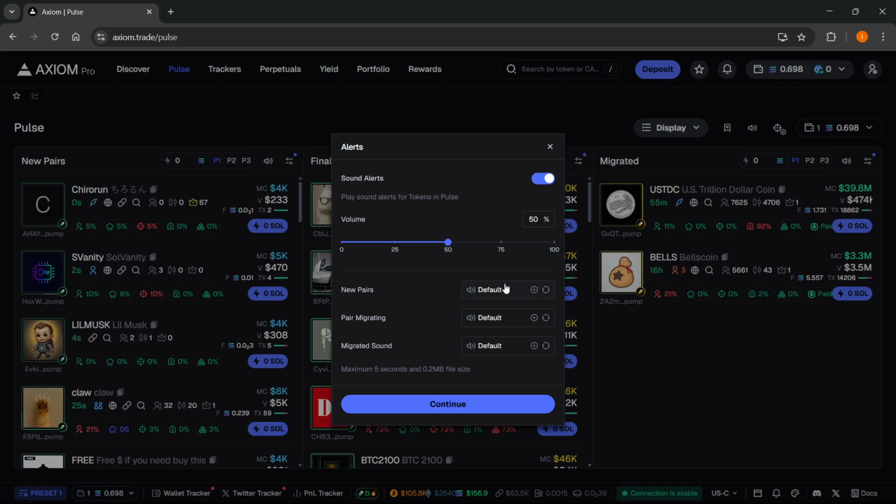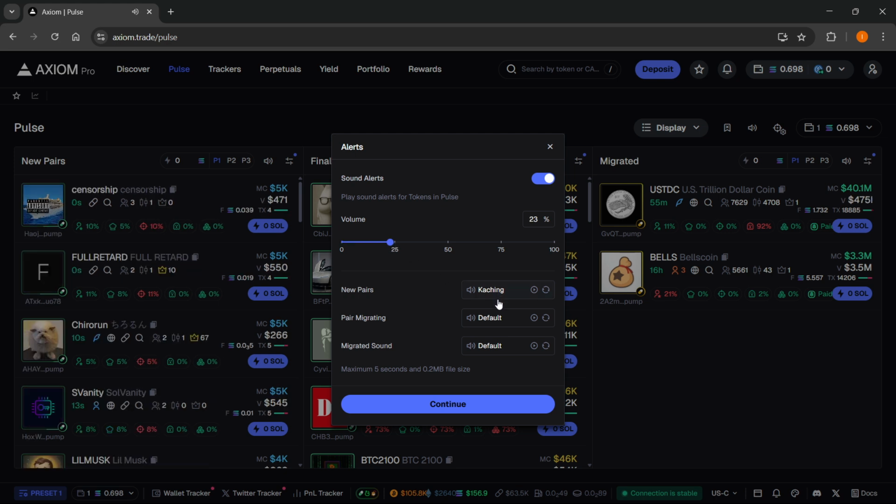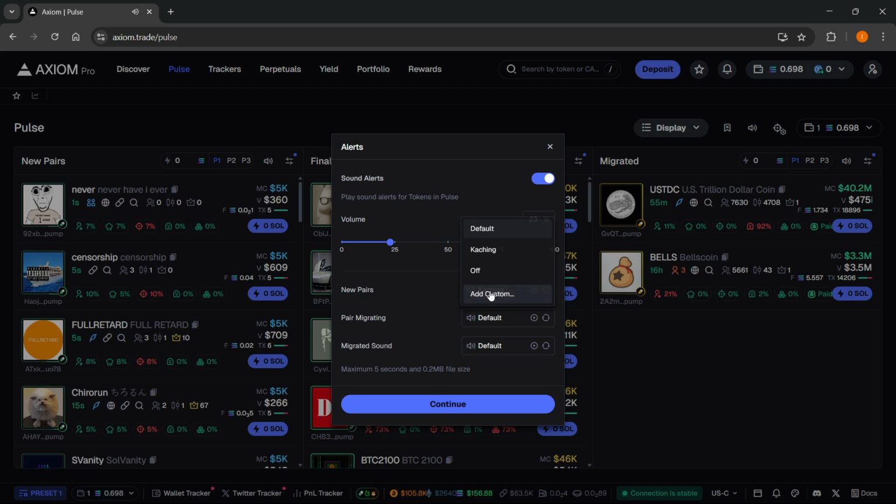And now over here, I'm going to just do this to mute so you won't hear this beeping anymore. Now, new pairs, you can of course select the default sound. You can do the ka-ching, let me show you what it sounds like. This one, there we go. You can select it to off, so you can just keep it off, or you can add a custom one